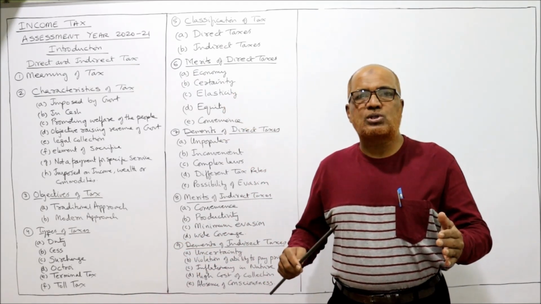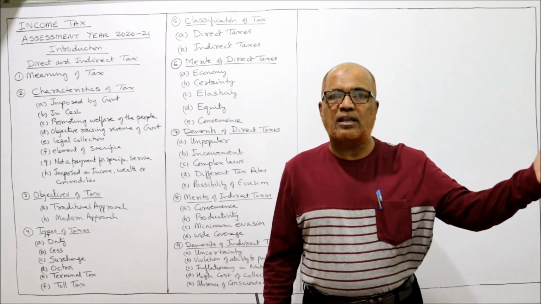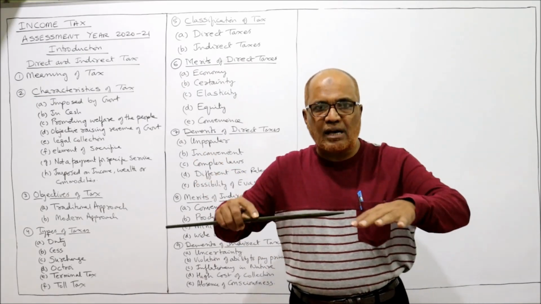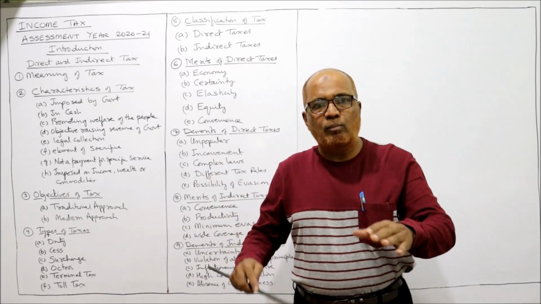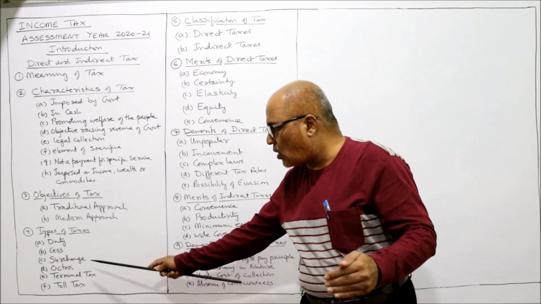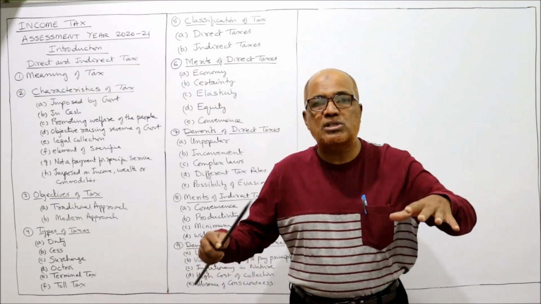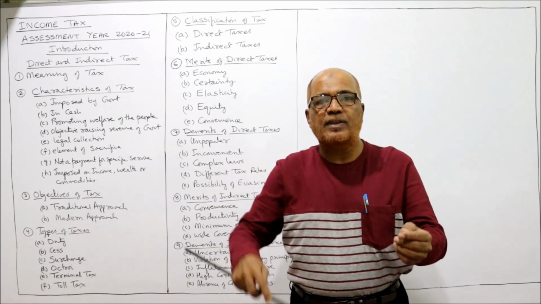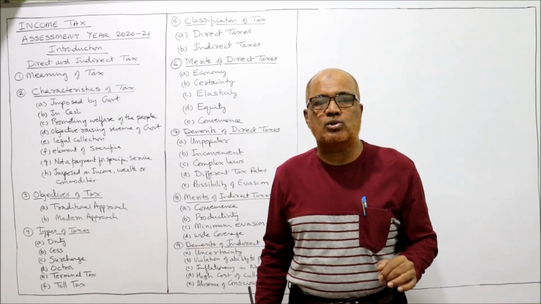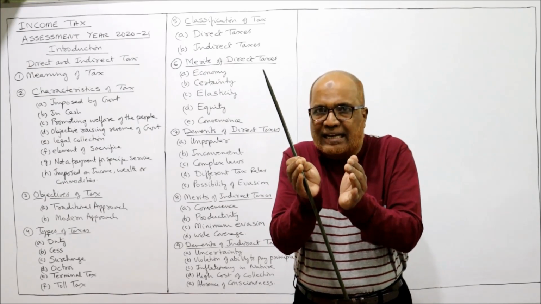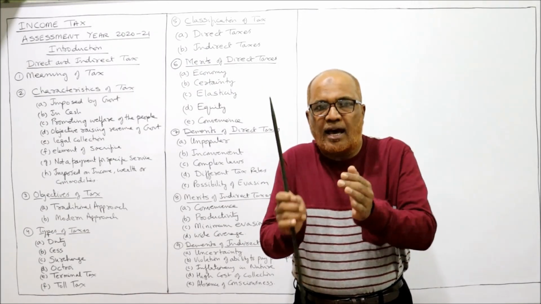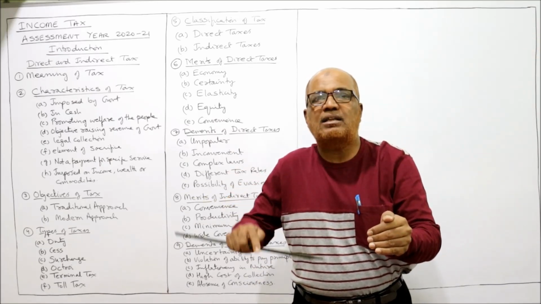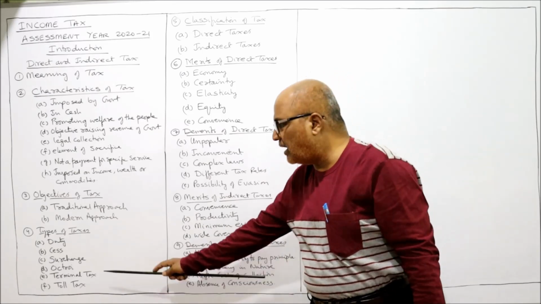The next one is octroi. Octroi means when goods are moving from one place to another place. For example, we have different states. Goods will move from one state to another state. So this octroi and terminal tax will be imposed by municipal authorities. Municipal taxes. When goods are entering from one state to another state, some octroi duty, also called entry tax, is imposed. For example, we are living in a particular state X, and some goods are being brought from state Y to state X. So here in state X, they will impose octroi, entry tax. Similarly, terminal tax.